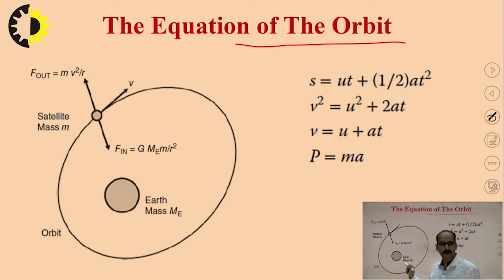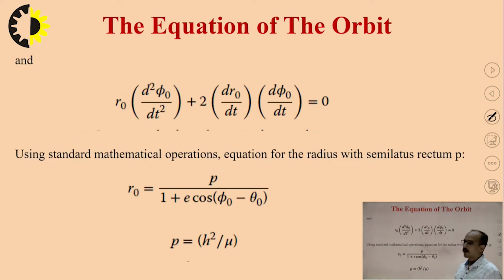F in comes from the universal law of gravitational force given by Newton, and F out comes from the kinetic energy of the satellite rotating in this orbit with a velocity v, that is the orbital velocity. So mv square upon r and GMm upon r square give us the equation of the orbit,